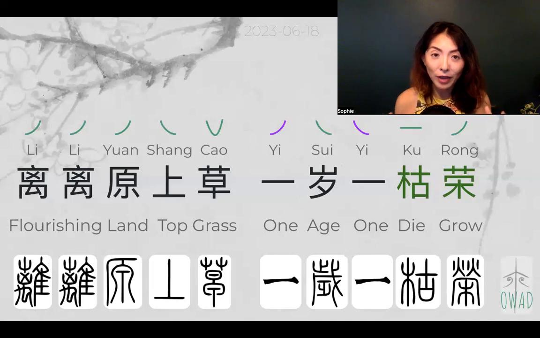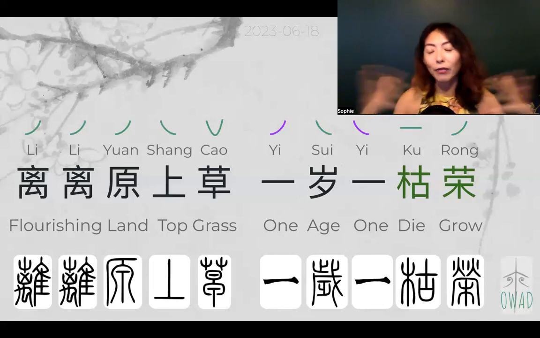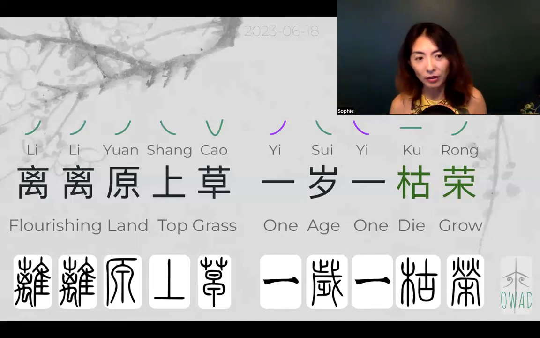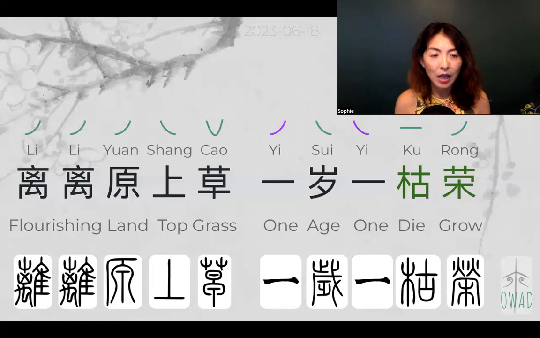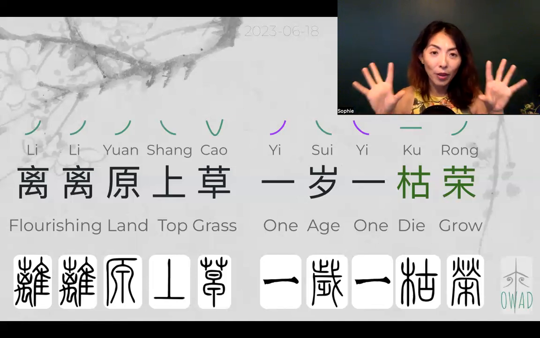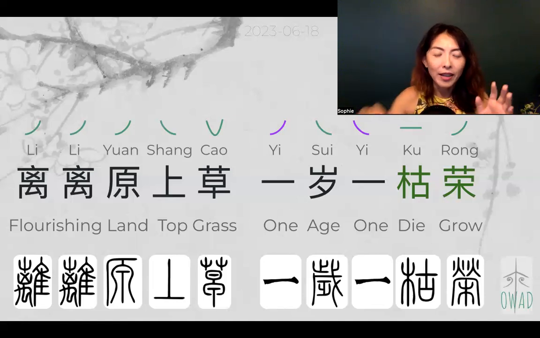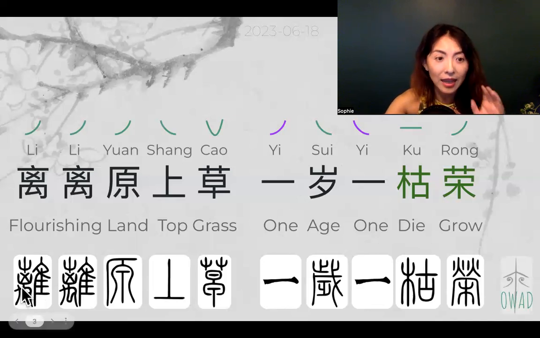I guess if they are wild animals, if you're having to capture them or domesticate them, they are free to go. So they are roaming around or flying around. You cannot really contain them. So that's why they probably represent this departure, because they can leave at any moment. And the Li, when they pair together, it doesn't mean departure, has nothing to do with departure anymore. But you just see visually the character of the beast, the bird, the beast, the bird.